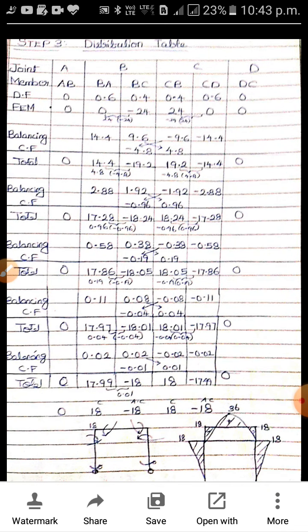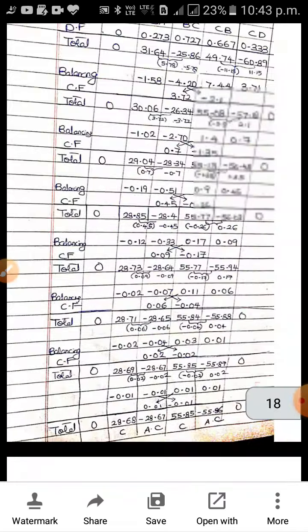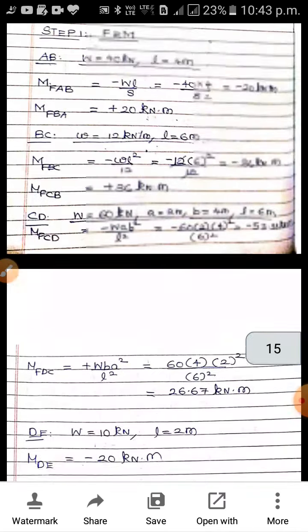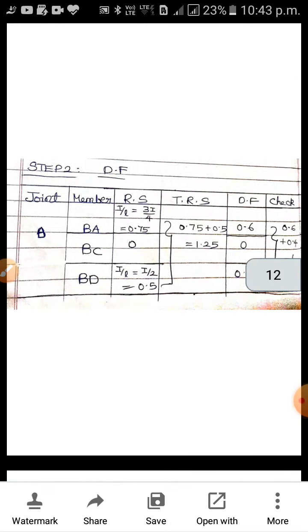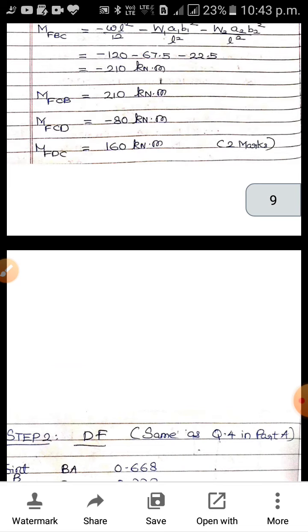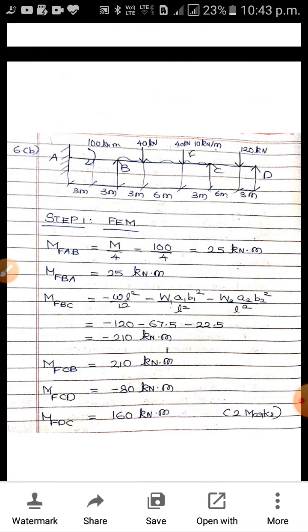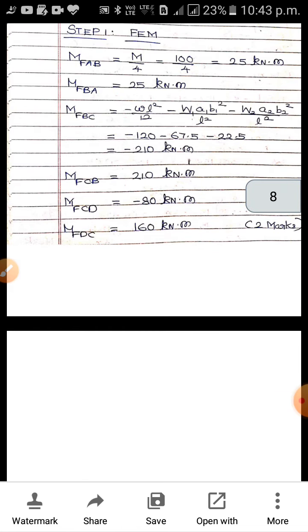So go through all the problems. For other problems you have the reference. One problem you have to work by yourself, that is the main thing. Problem number 6b, everybody has to do it because I have not worked it out. You have to submit the entire notes, and work 6b on your own. Be very careful of the distribution factor.